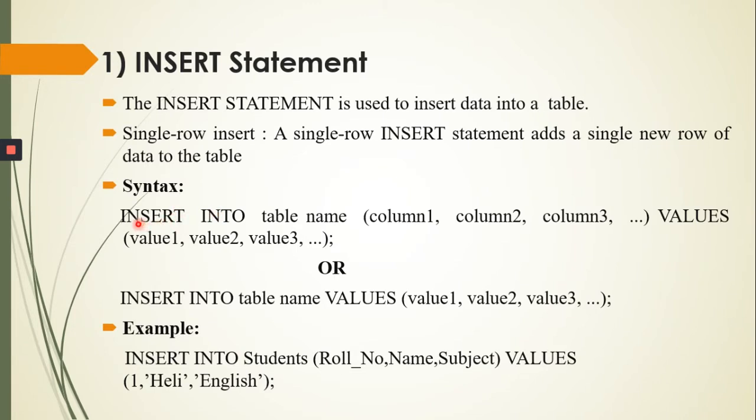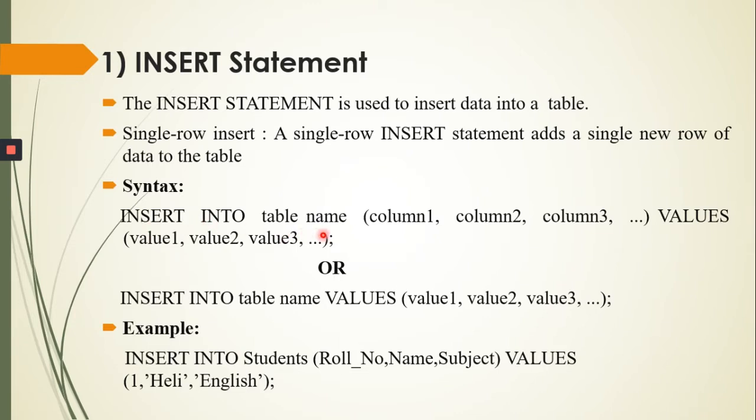So the syntax is INSERT INTO table name. In which table we have to insert the data? So we have to provide the table name here. After that, in brackets we have to provide the column names separated by commas. We can add n number of columns in this bracket. Now VALUES: in brackets we have to write value 1, value 2 up to value n. Suppose I have 3 columns, then I have to provide 3 values. We can add n number of columns here, and according to those columns we have to provide the value of each particular column. So this is the simple syntax.